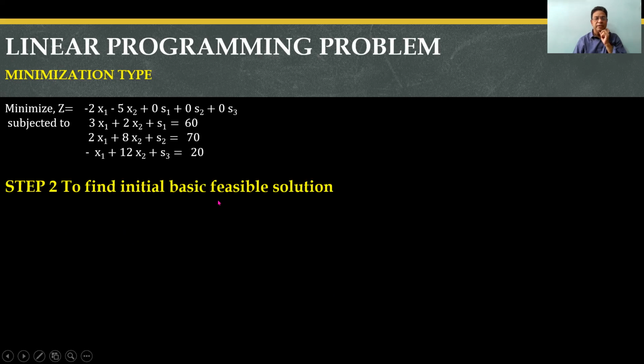Now to find the initial basic feasible solution, we need to identify basic and non-basic variables. I have already made a video to identify basic and non-basic variables. Again, I will put the link in the description. Those who have not watched that video, you can watch it and then come back to this video. The easiest way to identify a basic variable is to